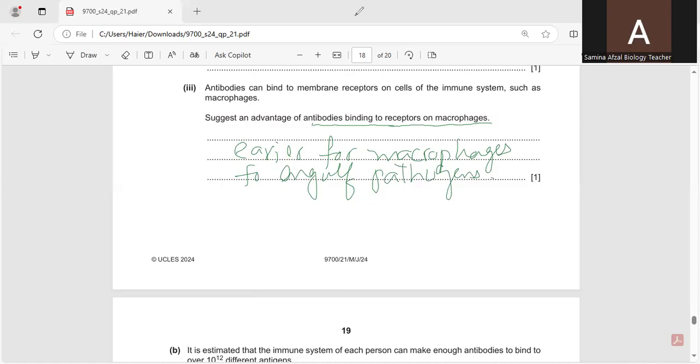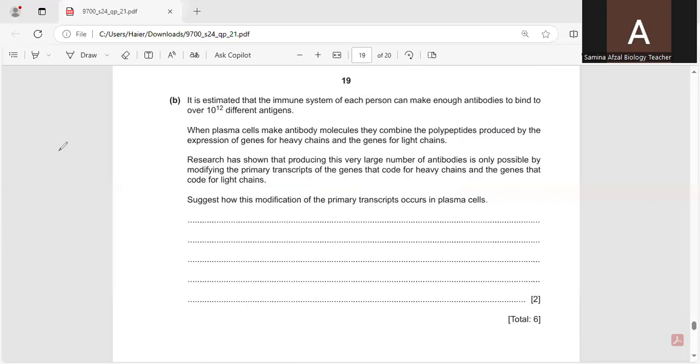Next question. It is estimated that the immune system of each person can make enough antibodies to bind to over 10 raised